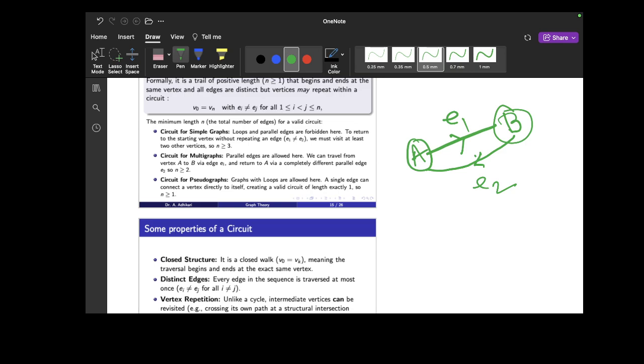Next, circuit for pseudographs. Pseudographs are graphs where loops are allowed. So this is the vertex V, and this vertex V has a loop, say E. So for this pseudograph, this is the